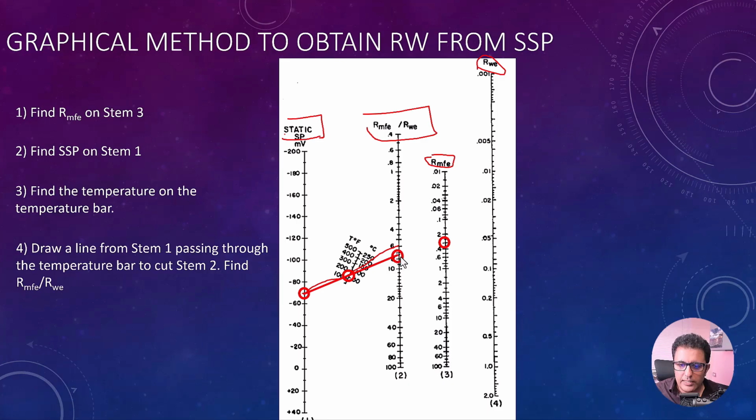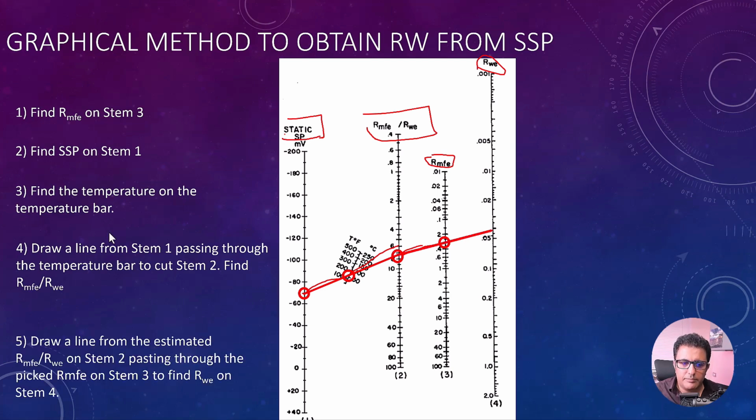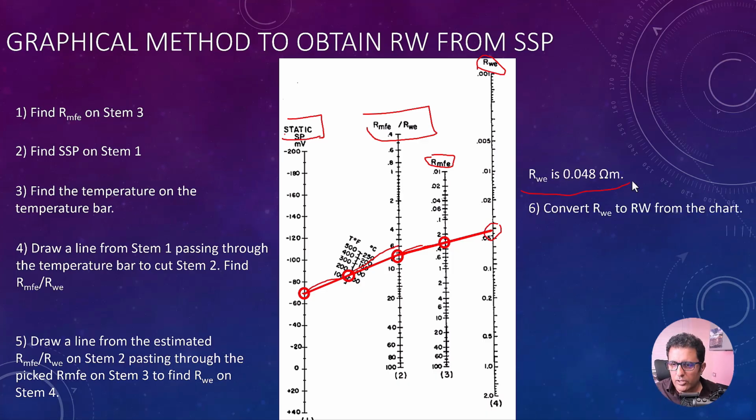So over this bar, we find the value of RMFE over RWE, and we find the point, and there is another line that crosses these 2 points to cut the fourth stem. And over the fourth stem, we find the value of RWE, and here the value of RWE is about